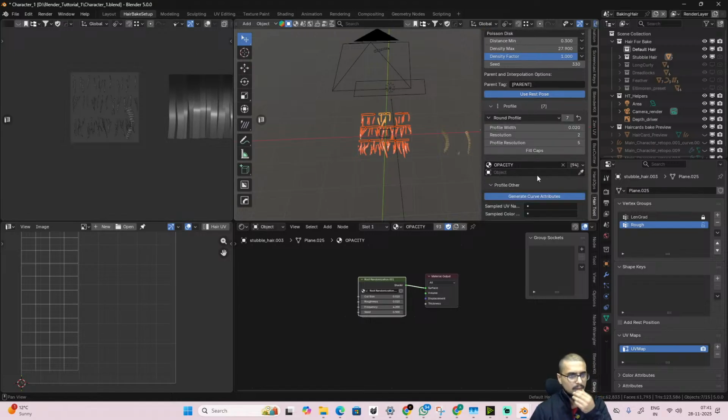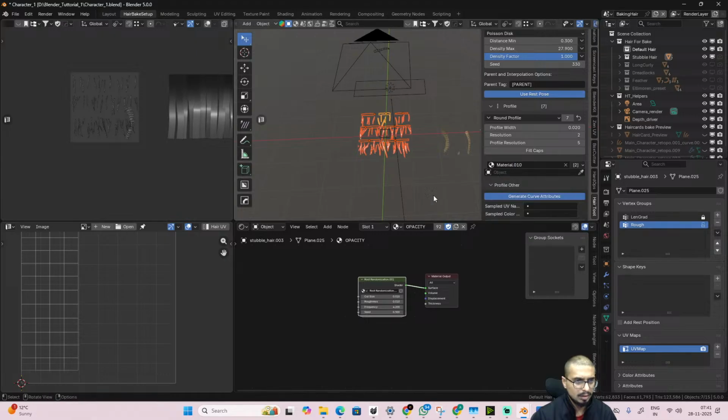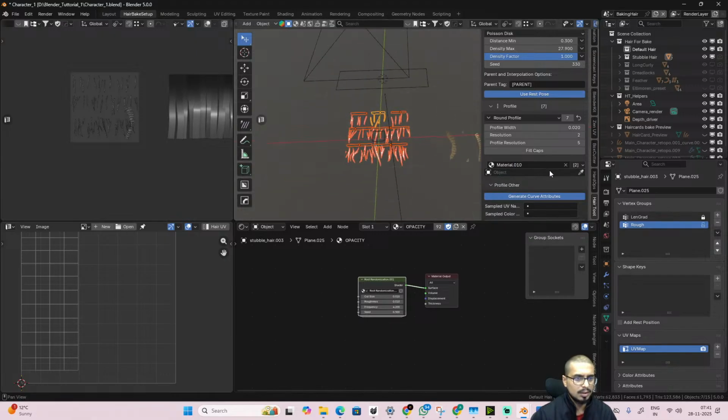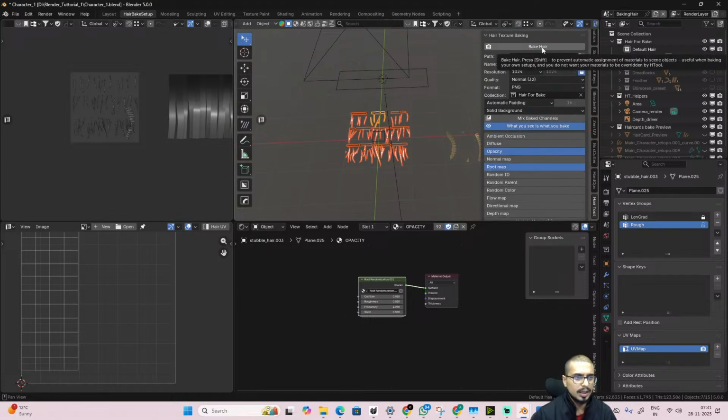Round profile, no. It's still connected to, okay. So if I change the material to material 10 and then try to bake,